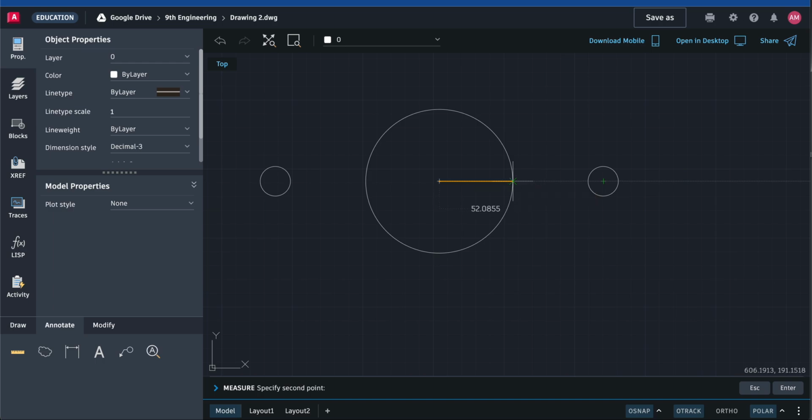If you want to know the diameter or the radius, you point to the end of the circle, and the radius is 52. If you want diameter, you repeat the cycle. You click